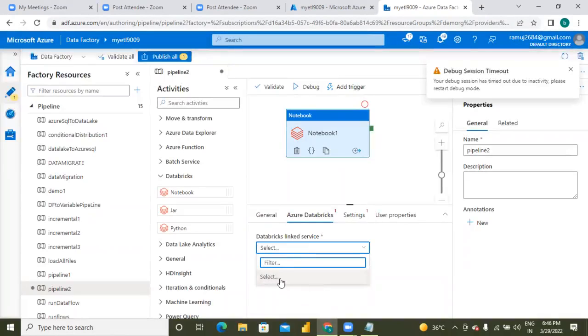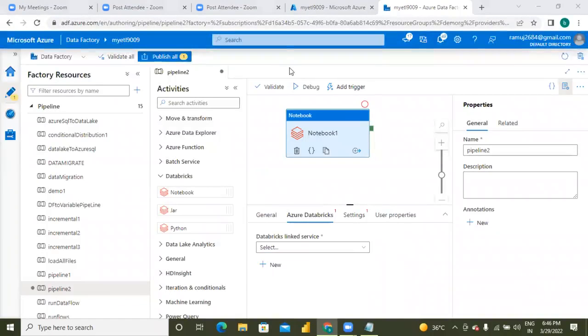There is something called a linked service. Once the linked service is selected, it will ask me for the notebook name. I will simply give that notebook name. Automatically, when I run this, it will be executed. Spark coding is written by the Databricks developer in a notebook. Suppose the notebook name is X1. So here I will select X1. Then I will run the pipeline, either by trigger or by debug. Automatically that notebook script will be executed.